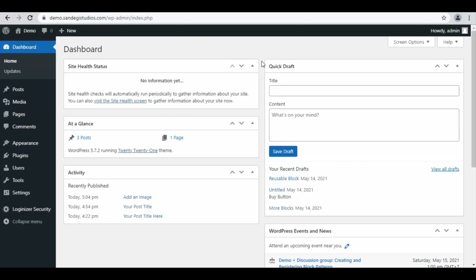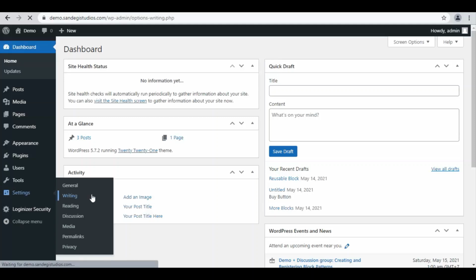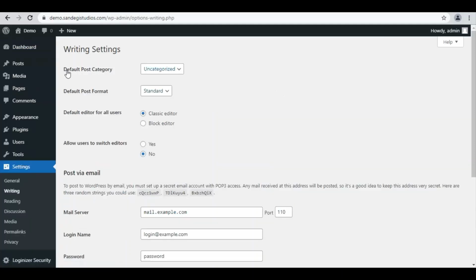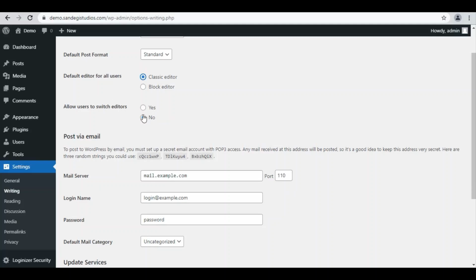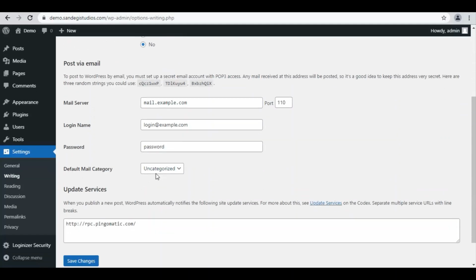From your WordPress dashboard, go to settings and select writing. Here select your default post category, default post format, default editor for all users. Classic editor or block editor, allow users to switch editors. Yes or no. Then post via email, mail server, login name, password, default mail category, then update services, that is